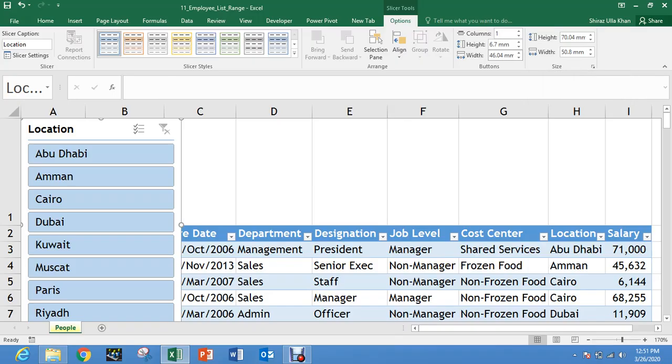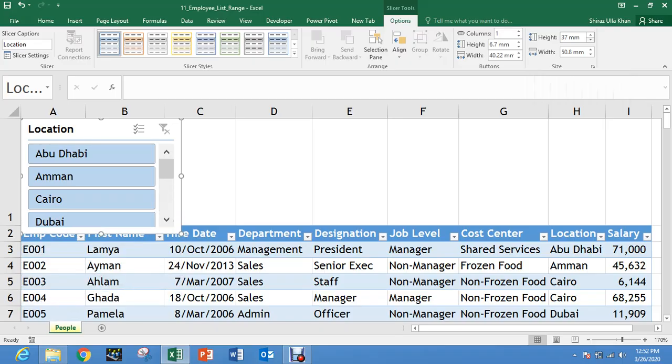But this height and width, I can use it to increase or reduce the height and width of the buttons inside the slicer. Now as a first step, I want to reduce the height of the overall slicer. So I will use this height and width of the size command. So I will just start reducing the height by clicking on this triangle. Now I'm starting to reduce the height. So now you can see my height of the slicer is getting reduced. Now I'm going to stop because the slicer is not overlapping my